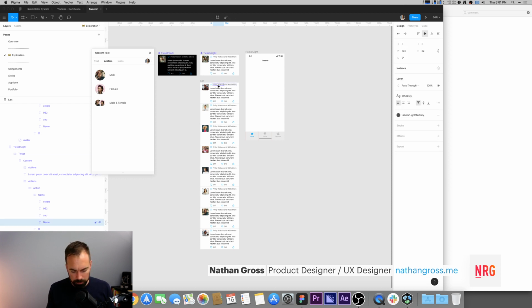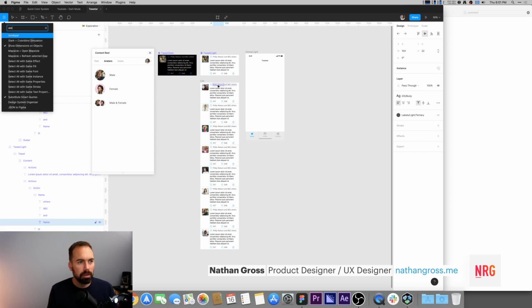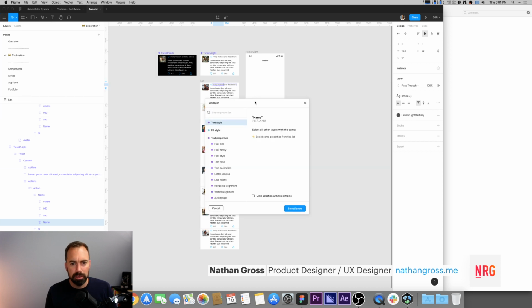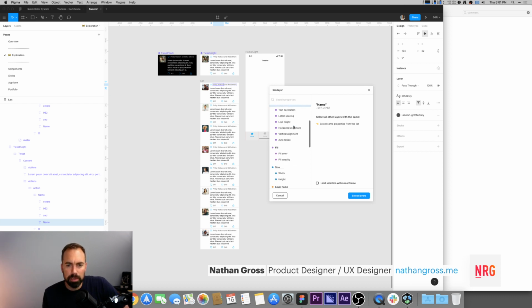So what I can do is select a layer that I know I want, to select all of the same layer within this component. So I'm going to use this plugin called Similayer. What this allows me to do is it gives me a bunch of these preset layer properties or different properties that I can use to find the same layer. I want the same layer name. So if I select that and hit select layers,